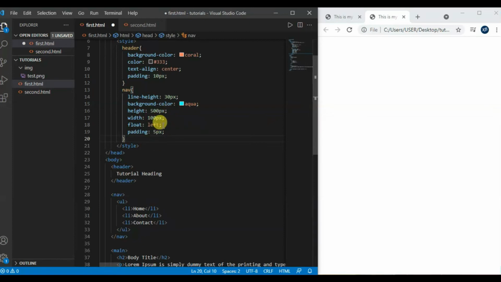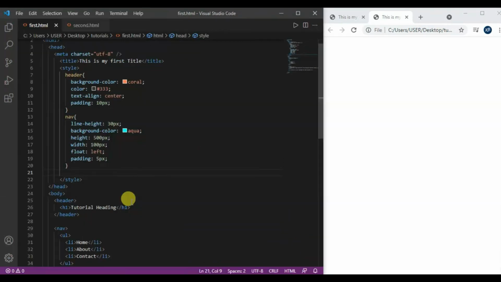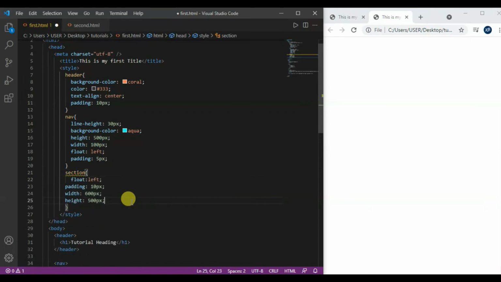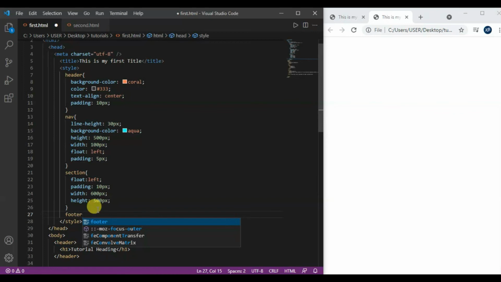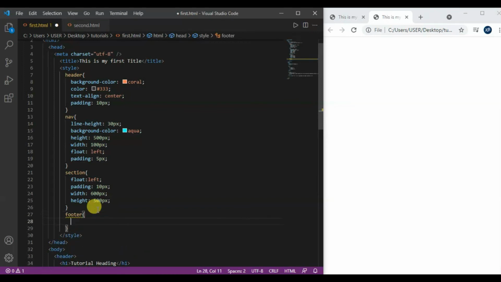Now we add a style for this section and add a style related to that. And at the end we use footer and add a style related to that.